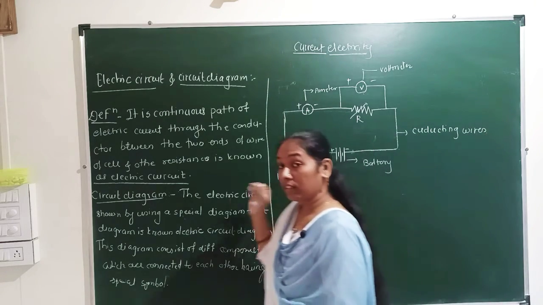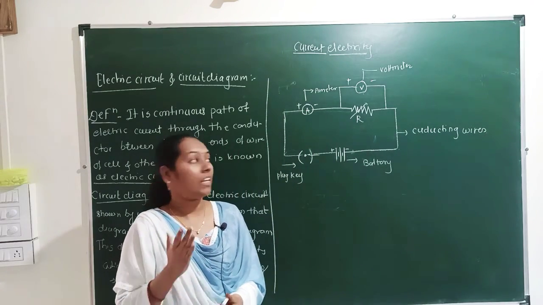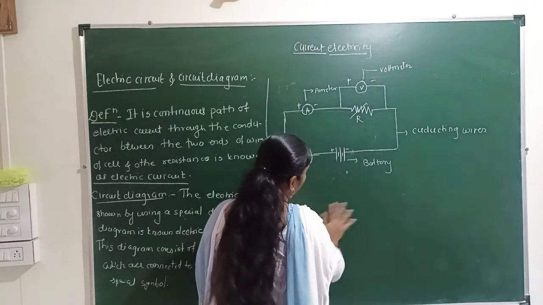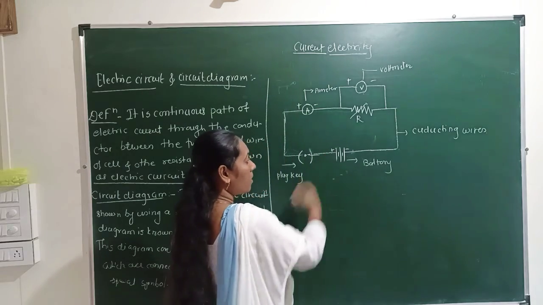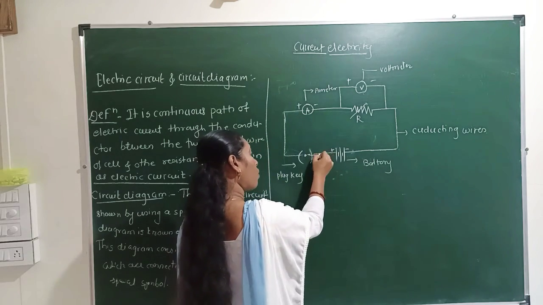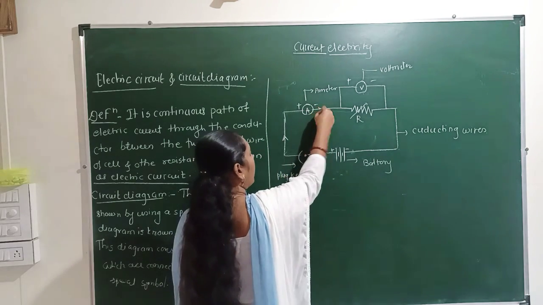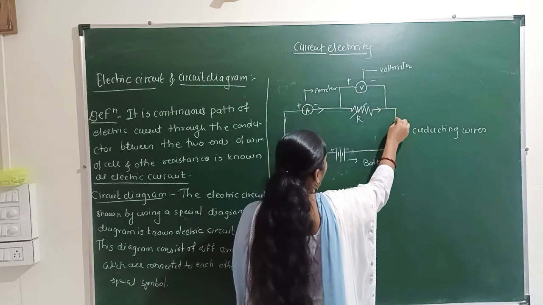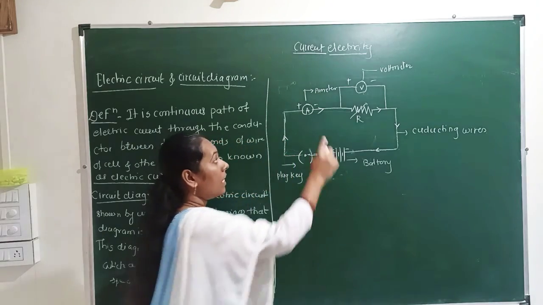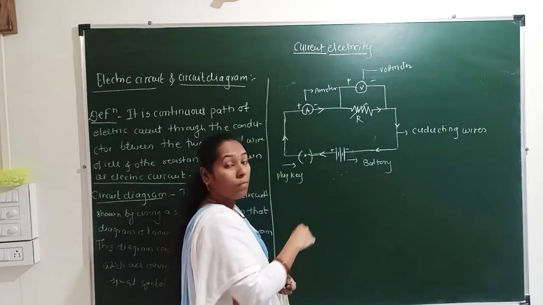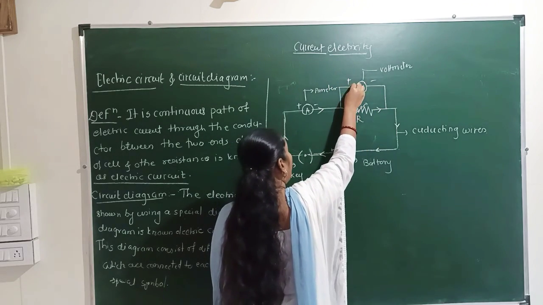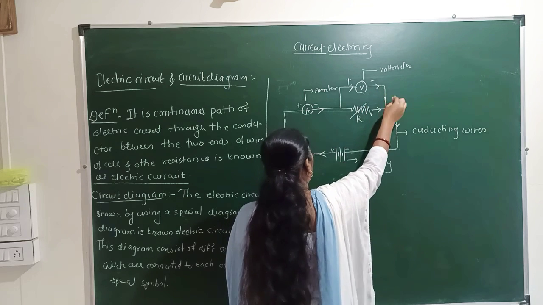See how the electric current flows. Electric current always flows from the positive terminal to the negative terminal. I have already told you. So this is the positive terminal, this one is the positive terminal, so I can show the arrow like this. In which direction does electric current always flow? From positive terminal to negative terminal. Here, how can I show the arrow? Current always flows from positive to negative, so I will show the arrow like this.